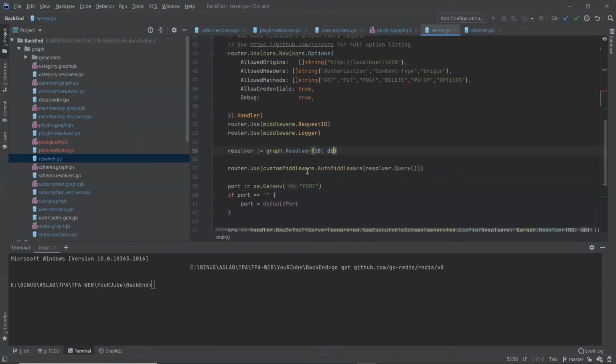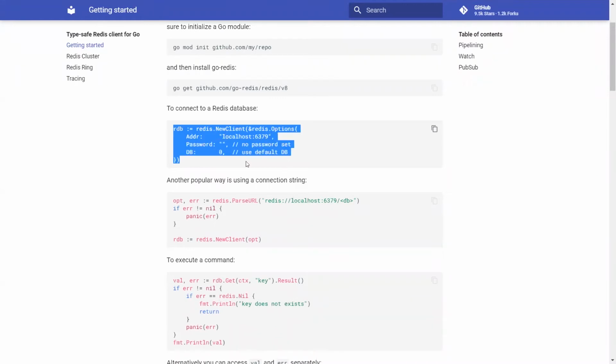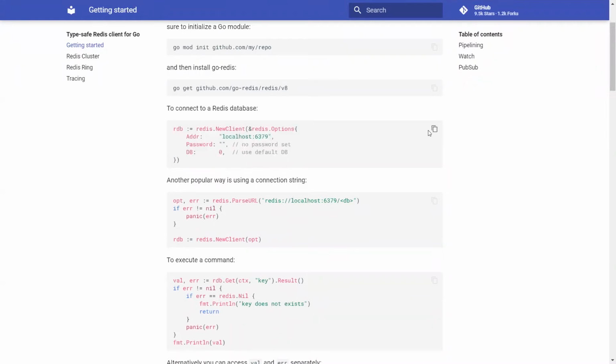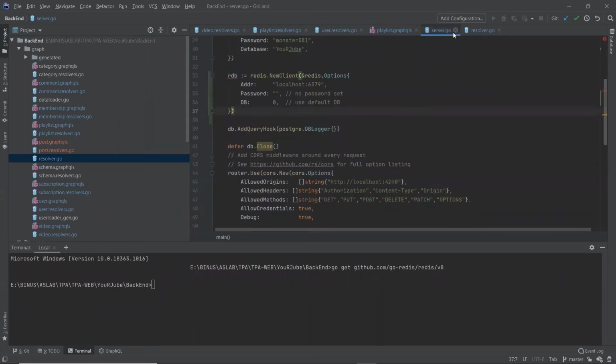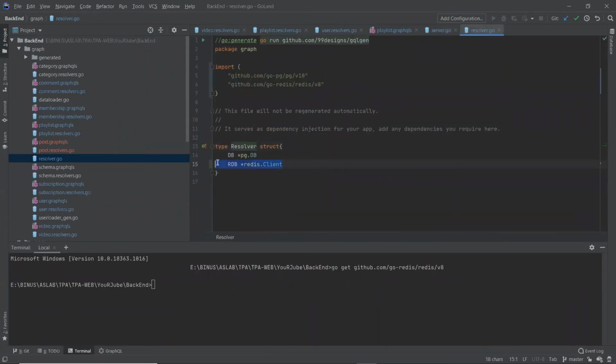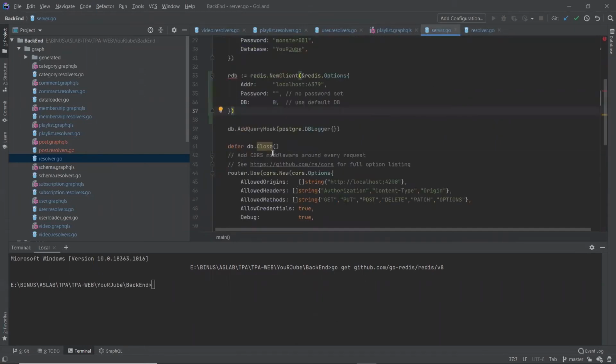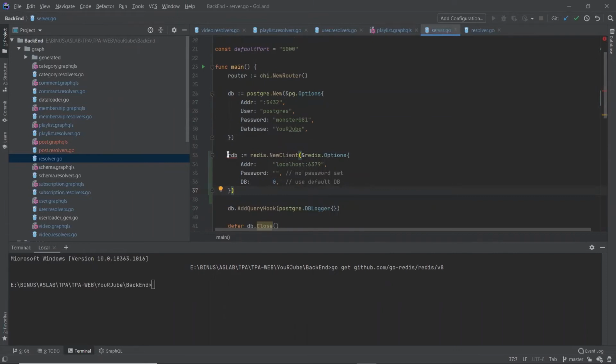Then in our server.go, we copy this code to connect to the Redis database. Just copy it, and then we add the code in our server.go. And now, because in our resolver.go there's an attribute of Redis client, we add the attribute with this.